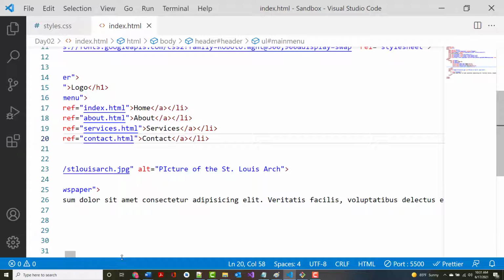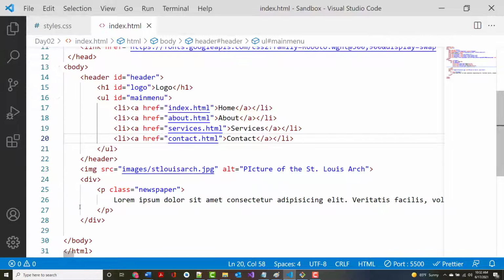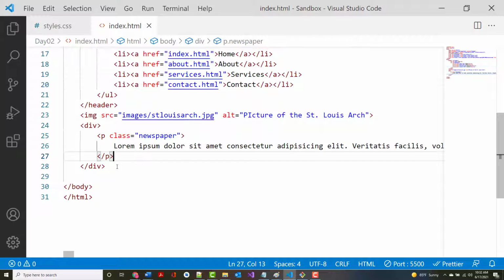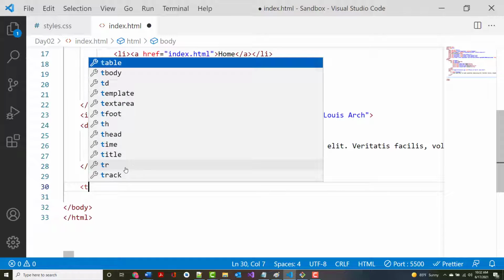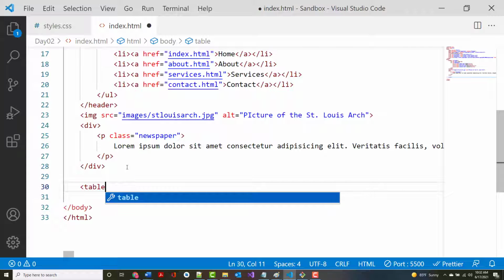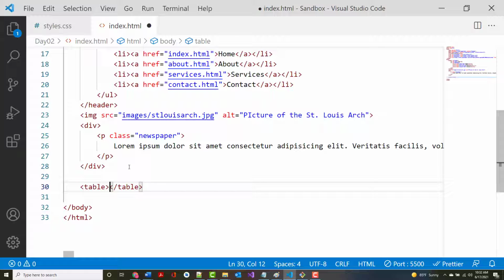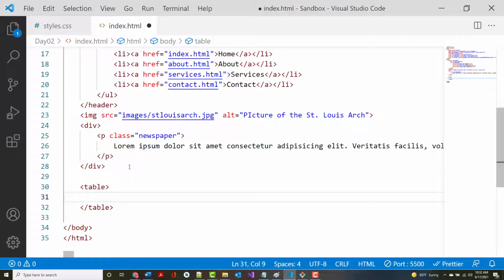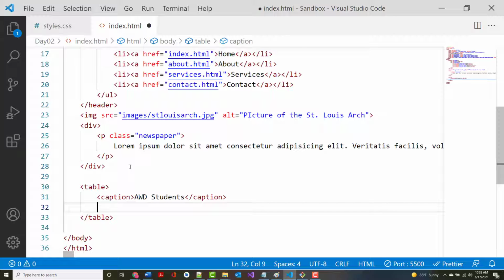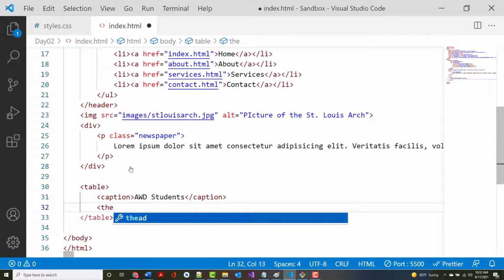And I removed all that. Doggone it. Oh, let's create a real simple table quickly. Okay. So table. And all we're going to do is we're going to put in 5 people. Okay. First, let's put in a caption. And then let's put in AWD students. And I'm just going to have, like I said, about 5 of them. Okay. All right. T-head,